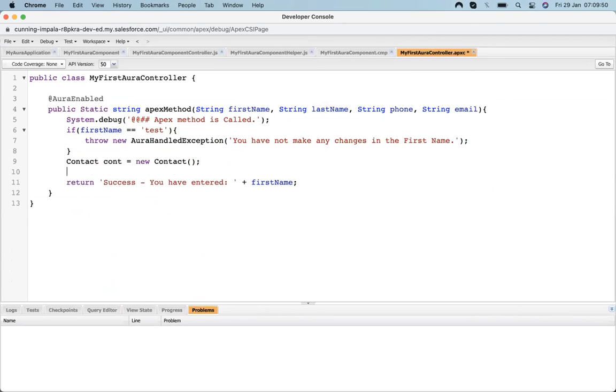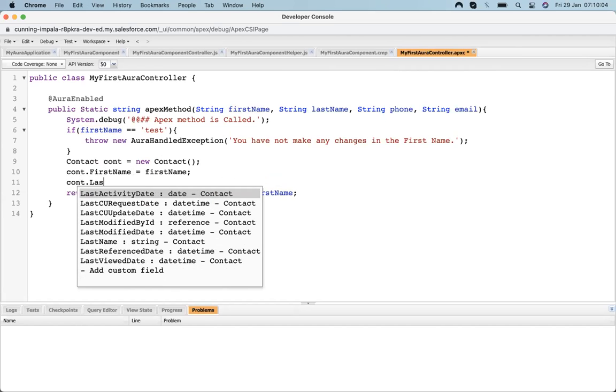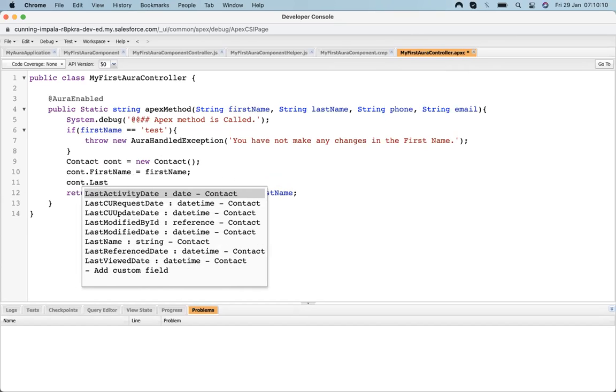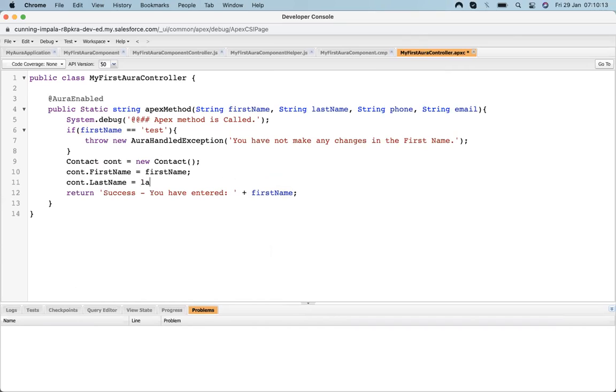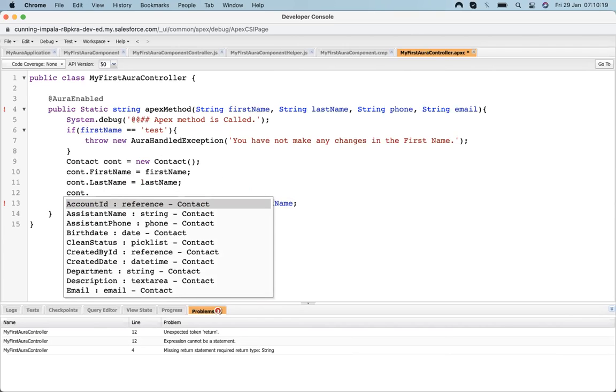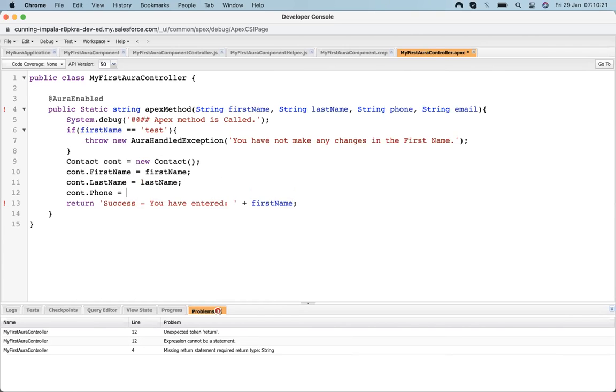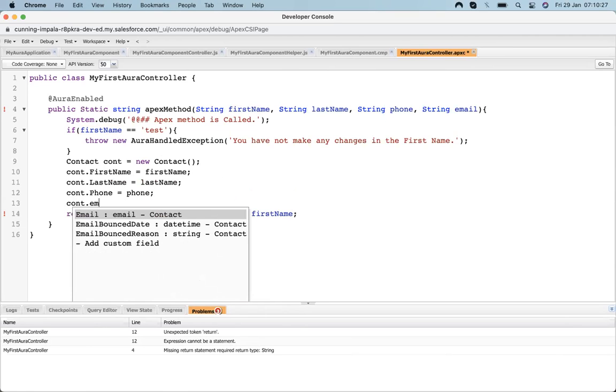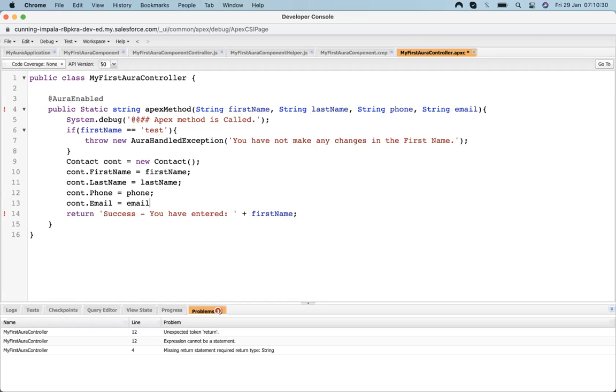In that contact object, we will put con.firstName equal to this first name, con.lastName equal to last name, con.phone equal to phone that we are capturing from here, and then con.email equal to email that we are capturing from here.